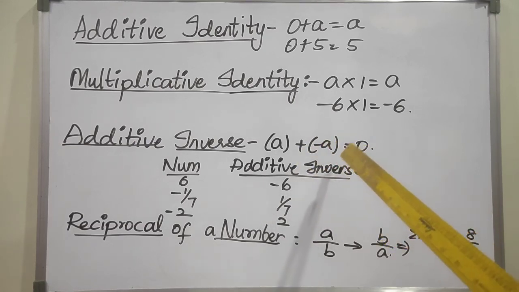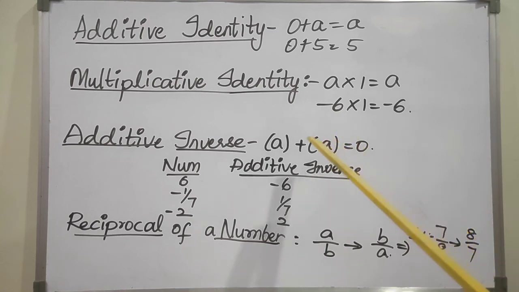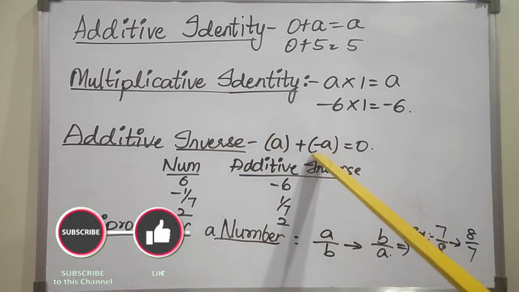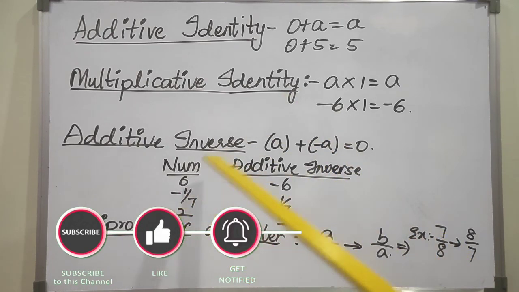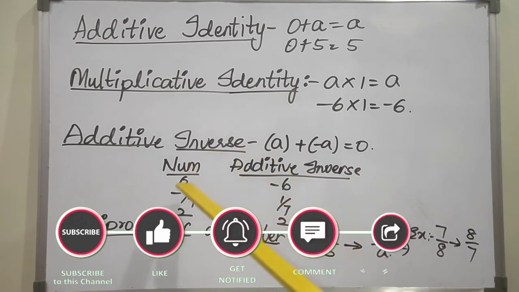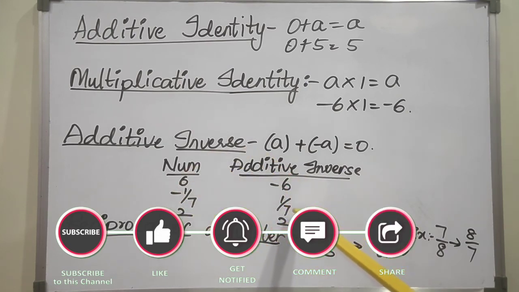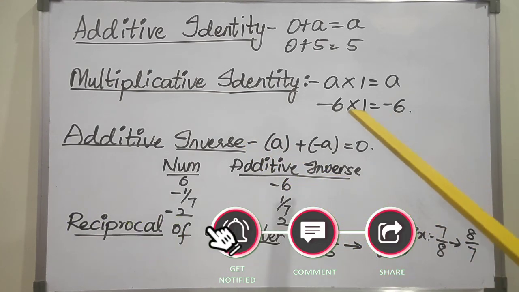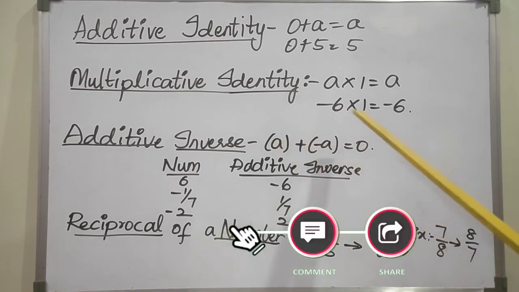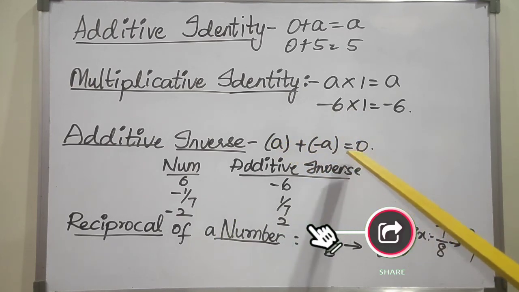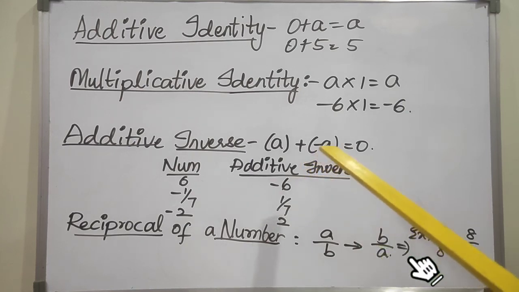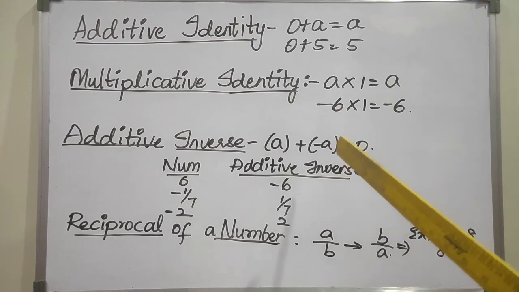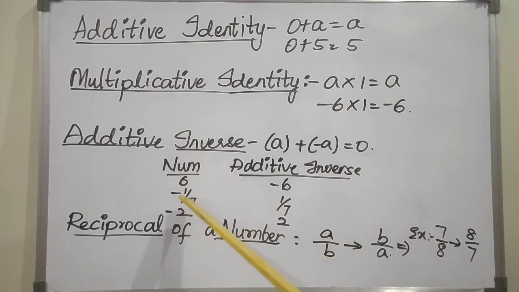Okay, the additive inverse of a number is also called the negative of a number. We get a negative when we take a positive. When we take a negative, we get a positive. Right? So it is called the negative of a number also. Now in general, number plus additive inverse gives 0. So additive inverse of a by b is minus a by b. Right? So you can consider these as examples.